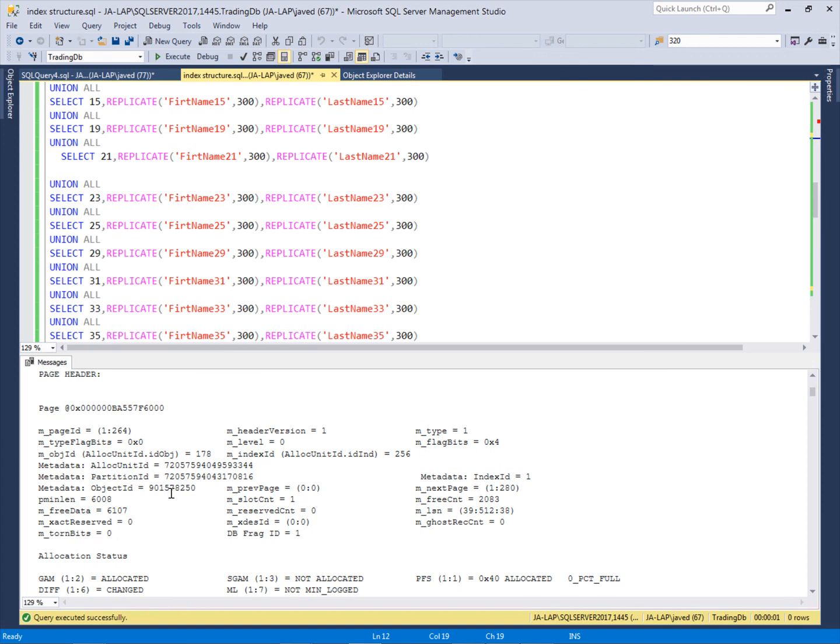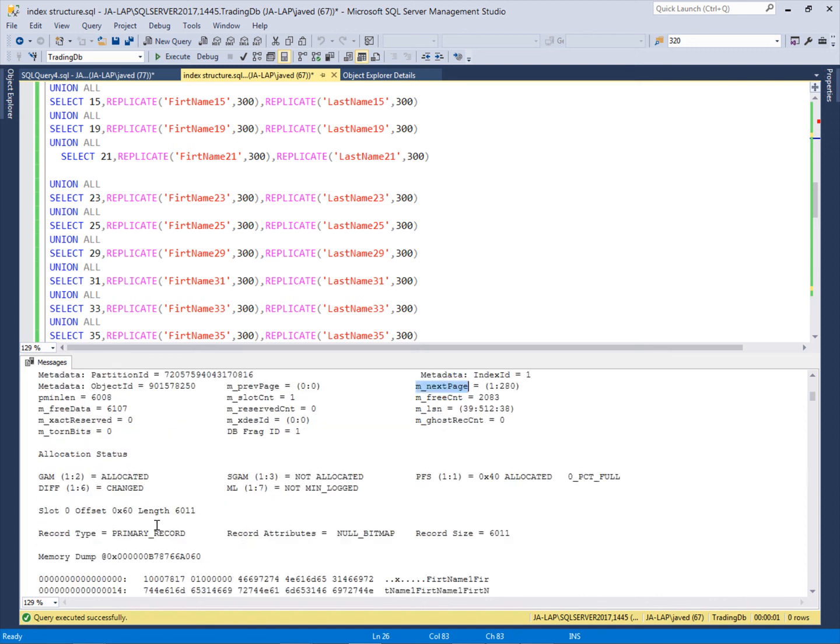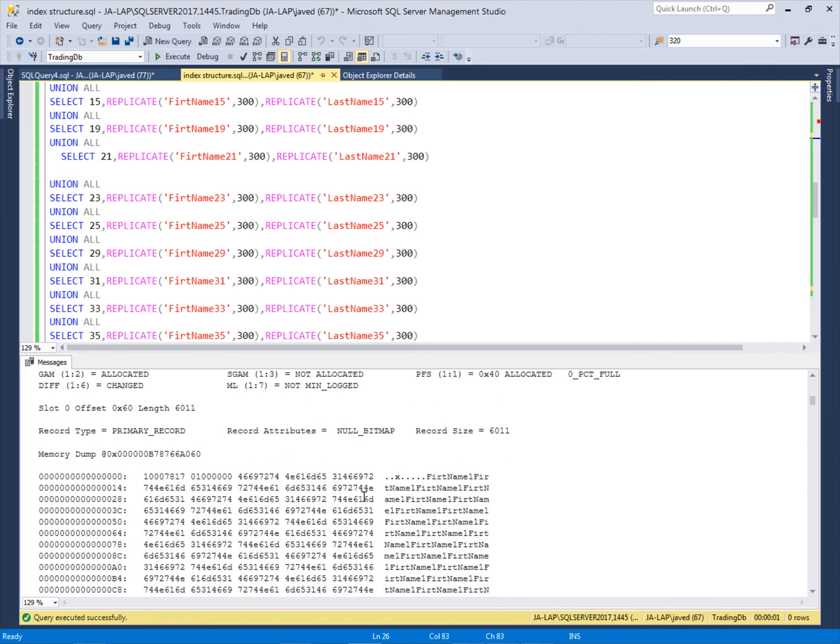All this information is in this page header. The index page ID is this one, the next page is this one, the next page is 280, and this is the actual data.